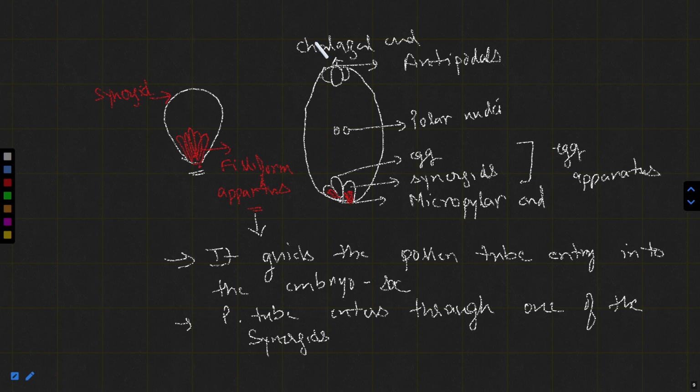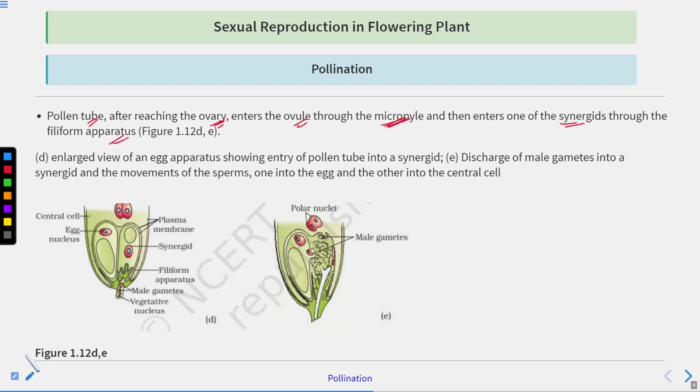Clear? What is this? This is the embryo sac. It is also known as the female gametophyte. This embryo sac is present within the ovule. Clear? So now it's clear how pollen tubes enter into the embryo sac. It enters through one of the synergids, and the filiform apparatus guides the entry of the pollen tube into the embryo sac. And then when the pollen tube enters into the embryo sac, it releases its two male